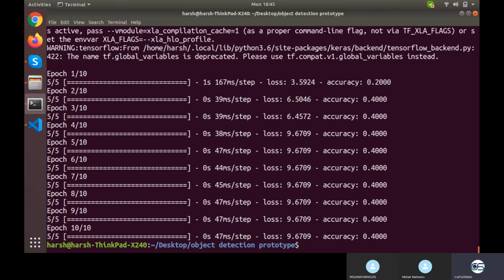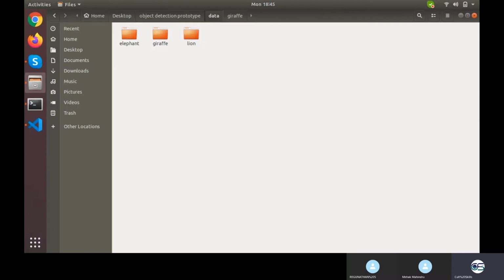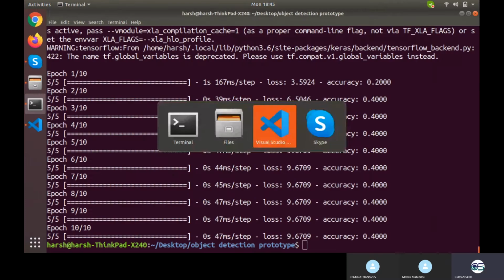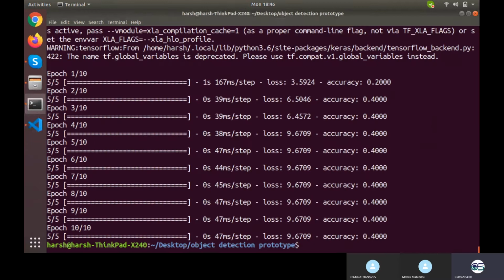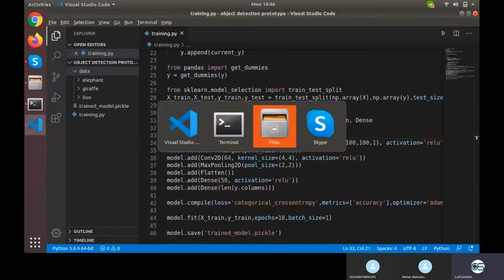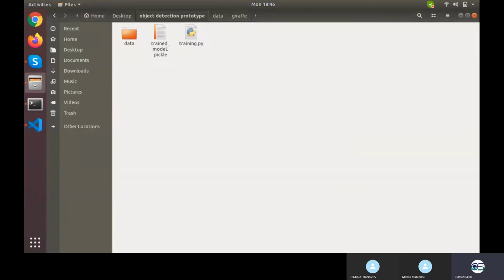Just don't focus on loss, accuracy and all of that, because we didn't have data actually, and we even didn't have written convolution, but what I want to show you is the approach. So this whole thing you need to basically do. This is all required in order to make an object classifier, and let's see how it would be predicting. No doubt it will predict giraffe for elephant, elephant for giraffe. That is completely acceptable. But let us see how it actually predicts.